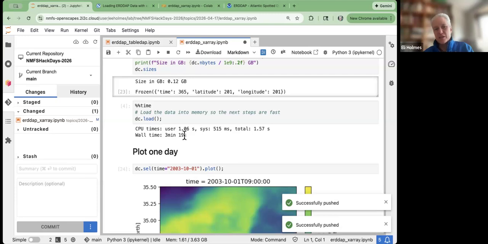And it's not that big of a data set, but the whole input-output part, interacting with the ERDDAP server, is the part that's taking a long time. I will also let you know that whenever you're working with